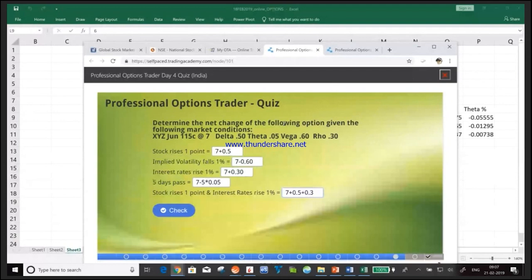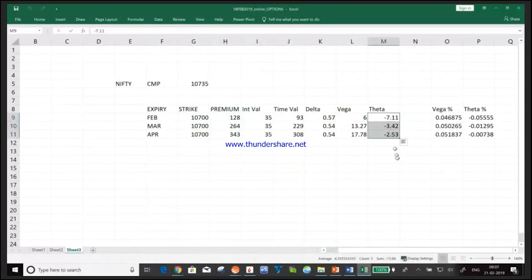Now, Ramesh ji, time value, let's say 20 rupees. Okay. Correct, Chandrasekhar ji. This is the example that I gave you yesterday, right? Theta value. So, Ramesh ji,